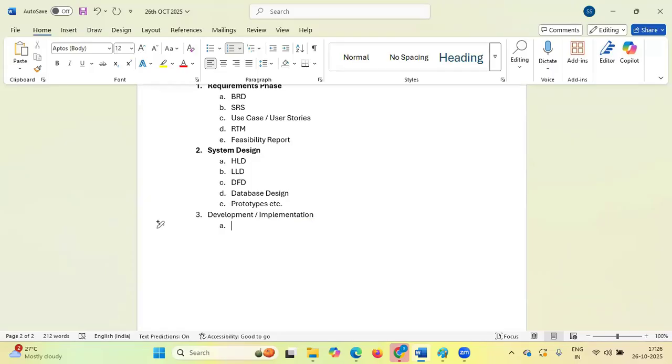So here first one is what? Source code. Next is what? Unit test cases and their report, because the developer is going to do the unit test cases.